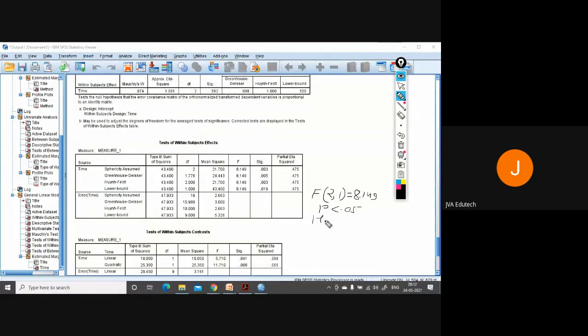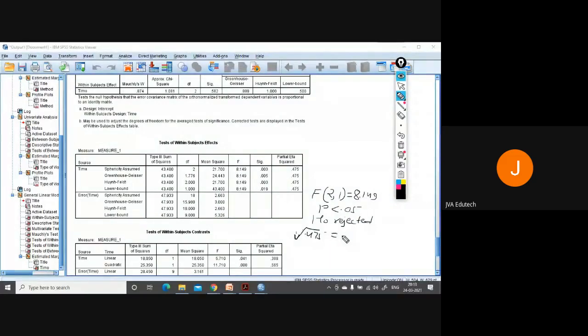So H naught rejected, which states that there is a difference of scores in all the three cases: at the start of the course, at the end of the course, and 6 months after the end of the course, with effect size in population equal to partial eta squared, the square root of this 0.475.